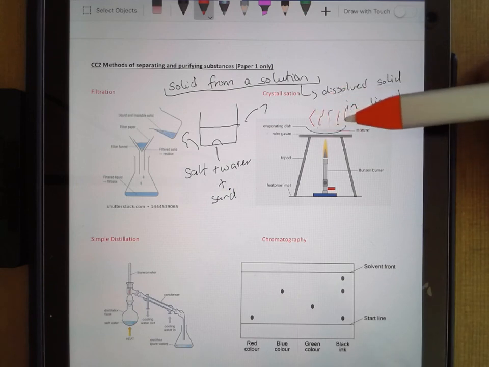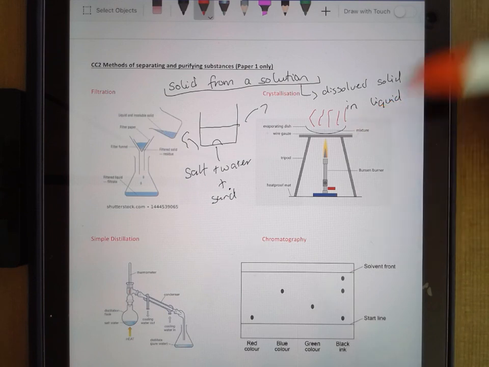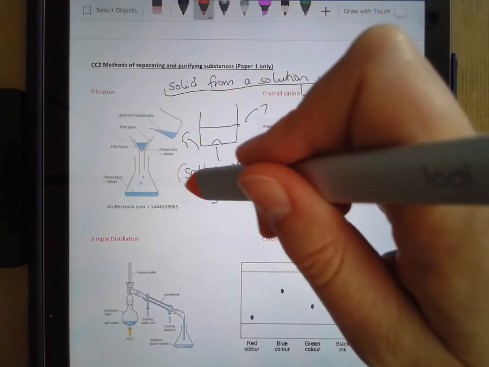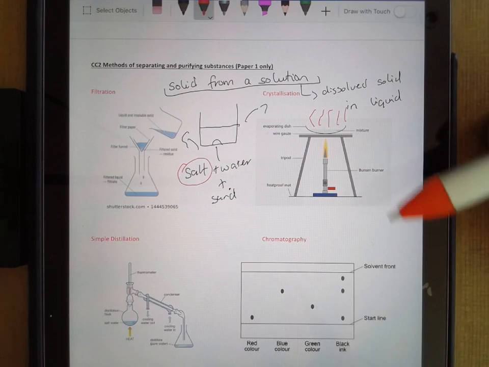When I do crystallization, I evaporate the water, but I lose the water. It just evaporates off into the atmosphere, and I'm left with no water. That's not a problem if your aim is to isolate salt, but just say your aim is to isolate the